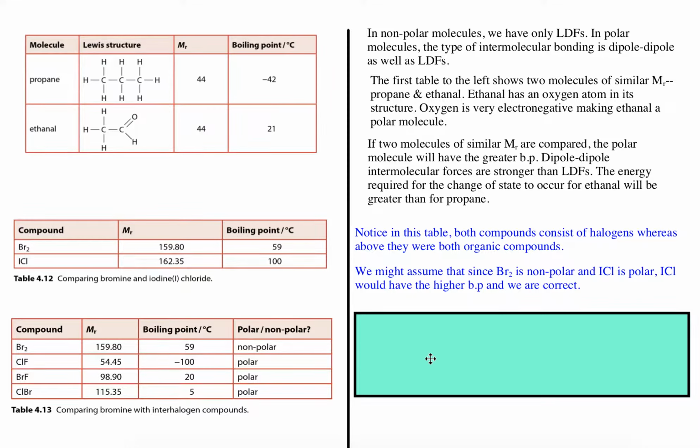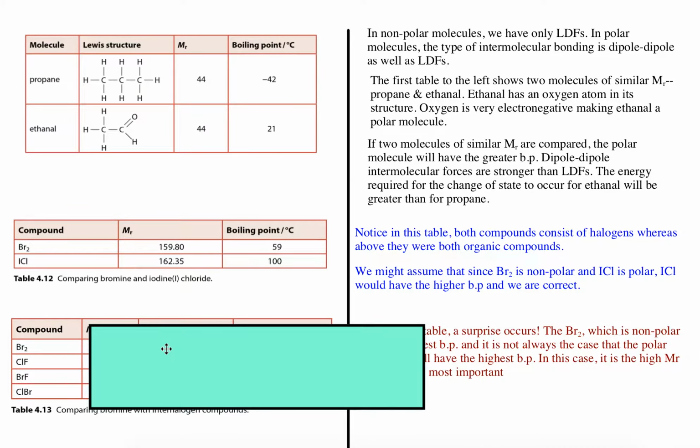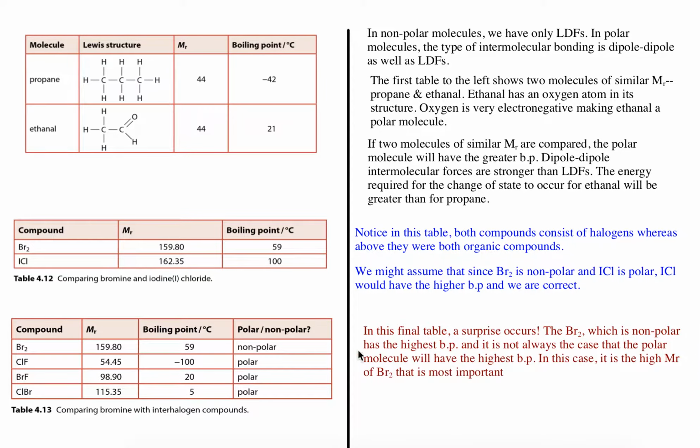The fact that bromine is nonpolar does not give it a lower boiling point than the other polar molecules, and we see that it has the highest. It turns out that it is really the molecular mass that dictates that bromine will have the highest